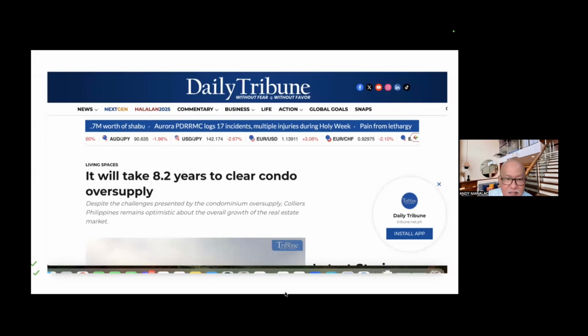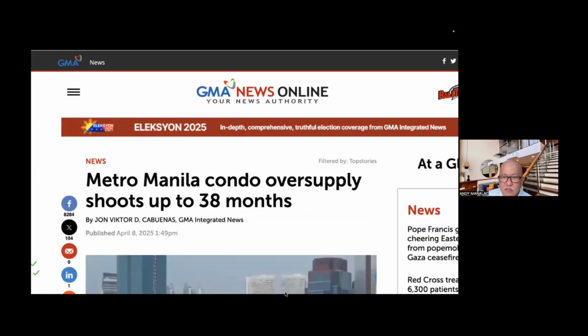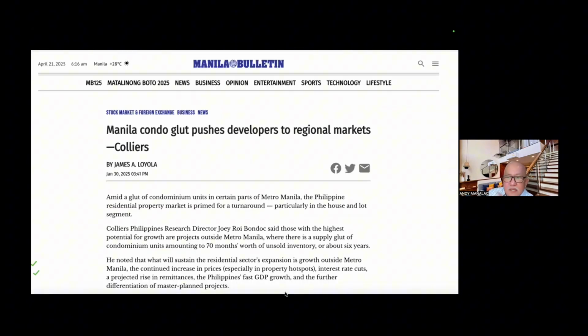Again, this one just popped up a few weeks ago, 8.2 years. And then meron na naman, April 8, 38 months. So where are these people getting their data? Or nire-rehash na lang nila. So what's true? 38, 60, 8.2 years. But what we're going to talk about today is that